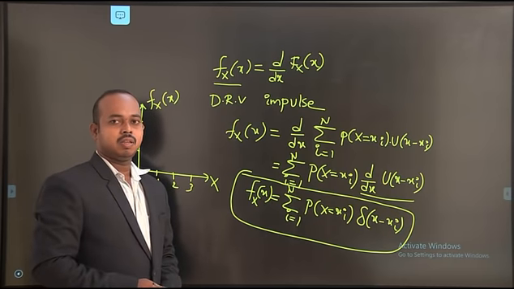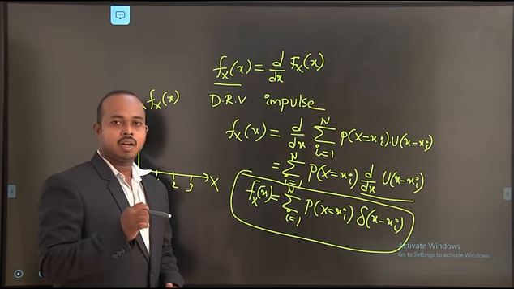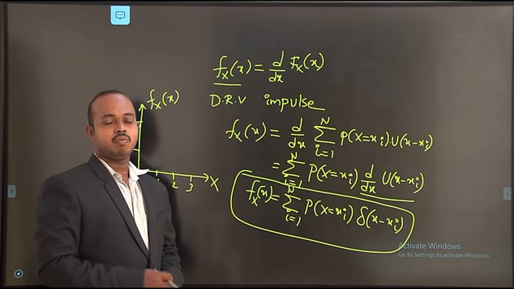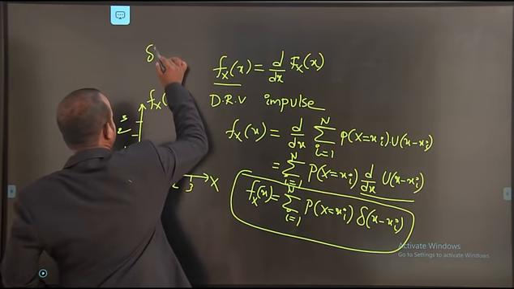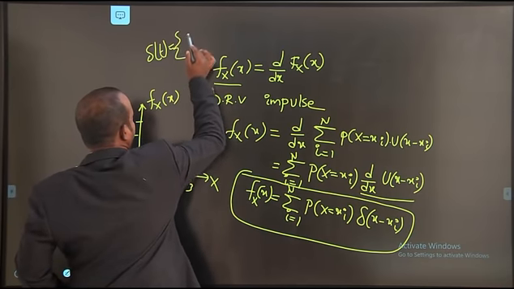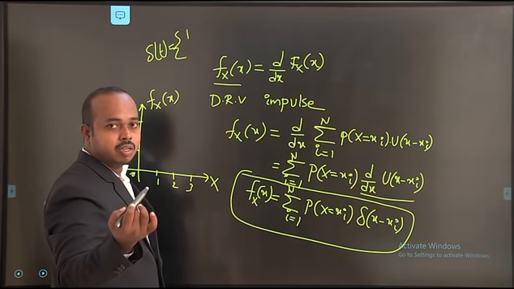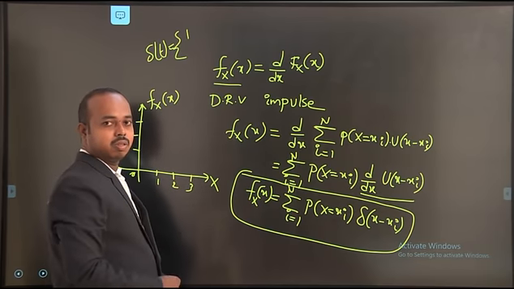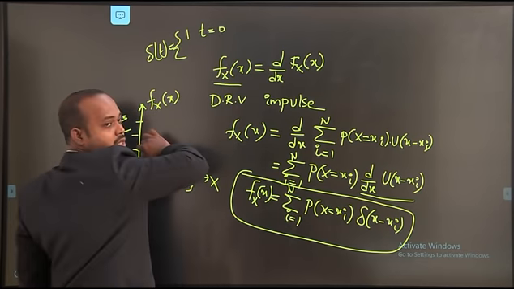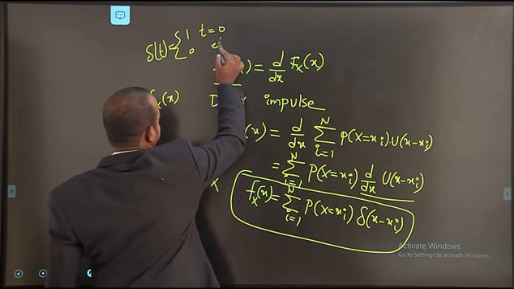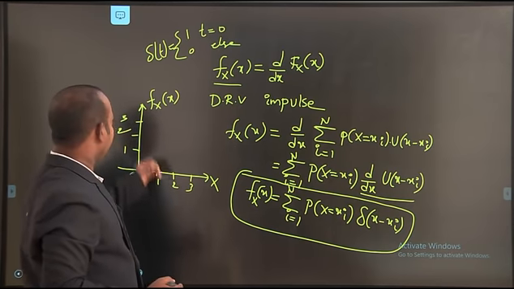Now the impulse function we are defining. It has a magnitude at time value 0, where I have to take del of t. I have to consider del of t equal to 1, because I am considering a unit impulse. Its magnitude is 1 at t equal to 0, and 0 for the remaining conditions.